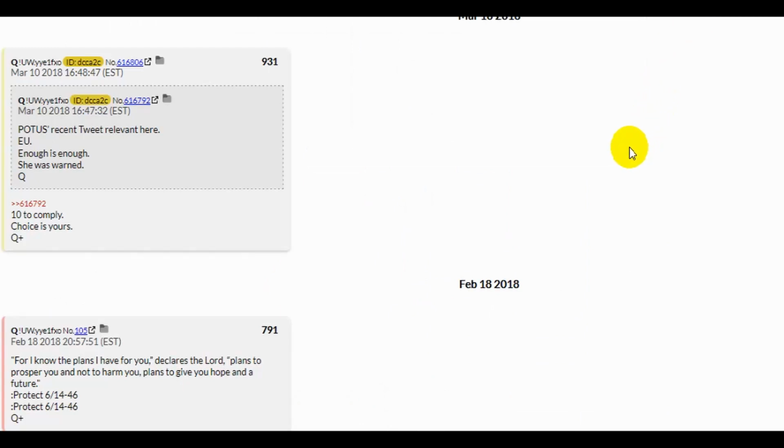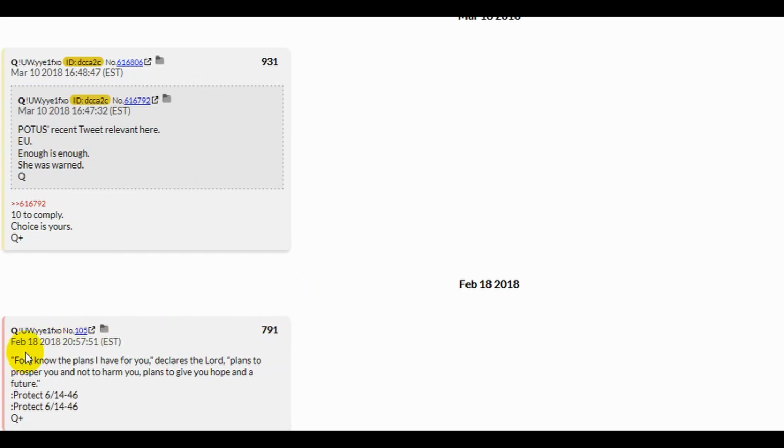The question I have for Austin Steinbart is regarding the voices, that is Q plus versus Q. There are a number of posts on the Q boards that are authored by Q plus. I'm thinking these reflect two different personalities. I'm not sure if this is an alter ego of one person. I'll scroll through these Q plus posts and you may see what I'm talking about.